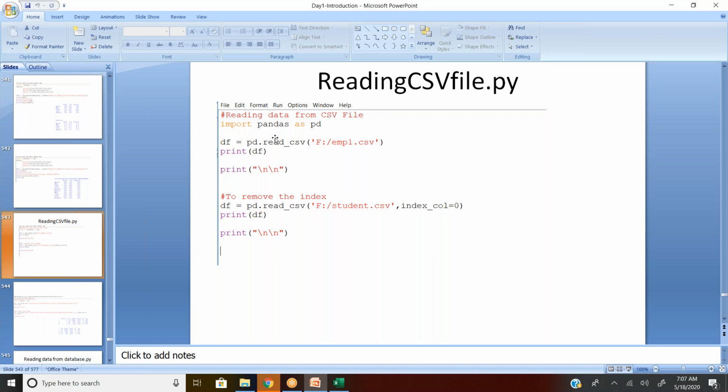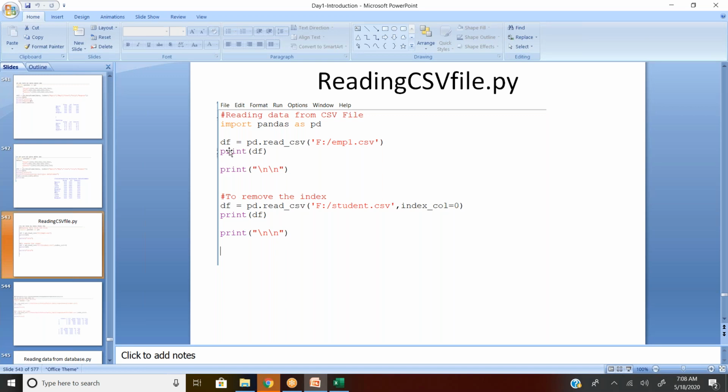So pd.read_csv. This is the function which I'm going to use, in brackets. In case the file is in the same location as the script, then give only the file name. That will be acceptable. In case the file is in a different folder, give the entire path in single quotation, double quotation, or triple quotation. Once you give that, store this data in one variable, here in my example df, the data frame. The data you read is going to be under df.